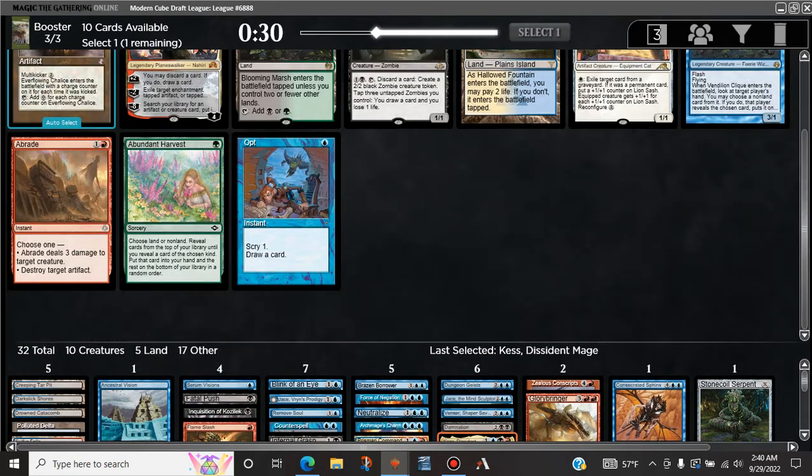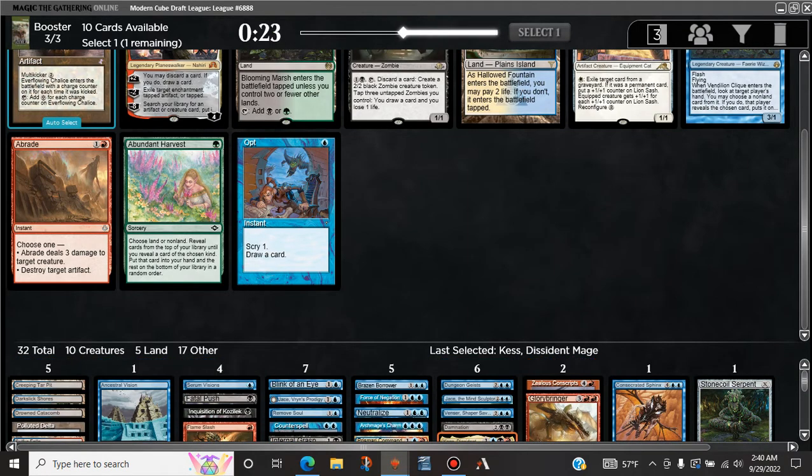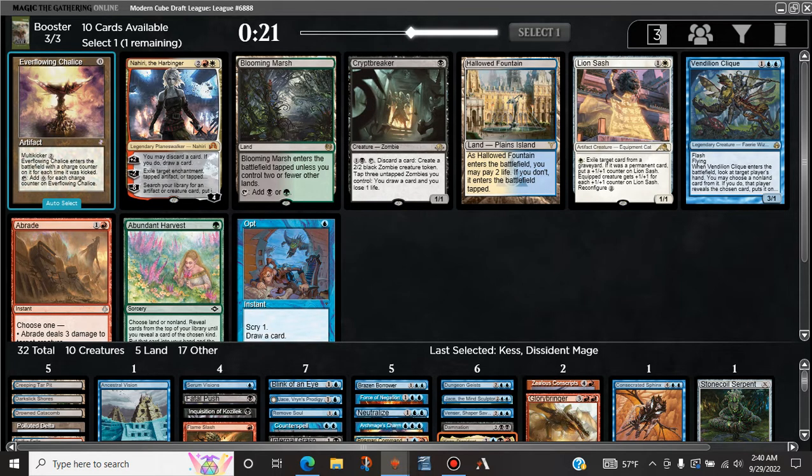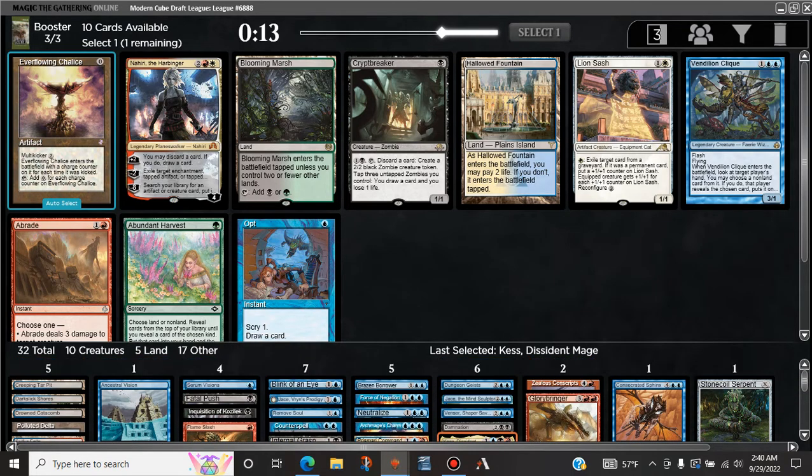I think it's Opt. It's either Opt or Abrade, and I think I'm a little bit more likely to play the Opt. Doesn't even really look like we're that heavy red. We have the Prismari Command, which needs red anyway. Some stuff to get through our deck. Yeah, we'll just take an Opt. I think we have enough